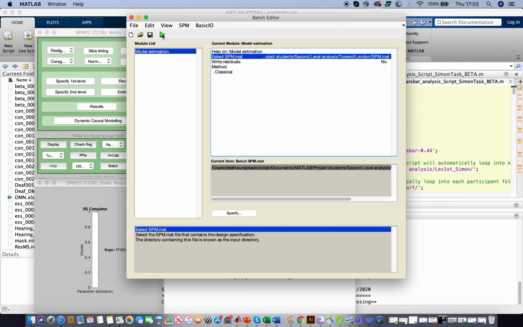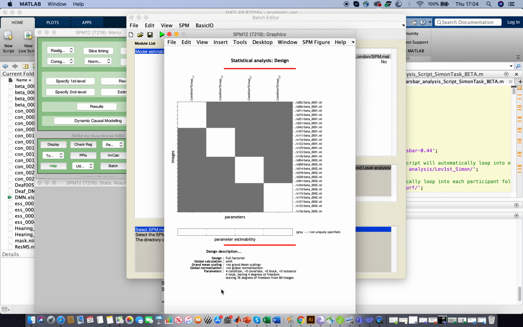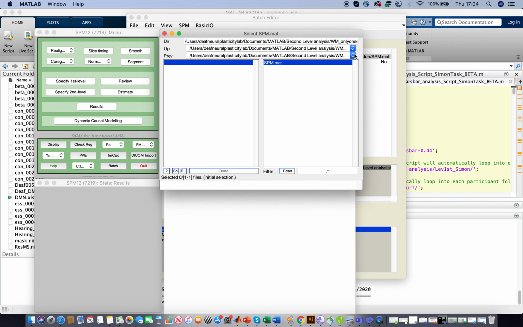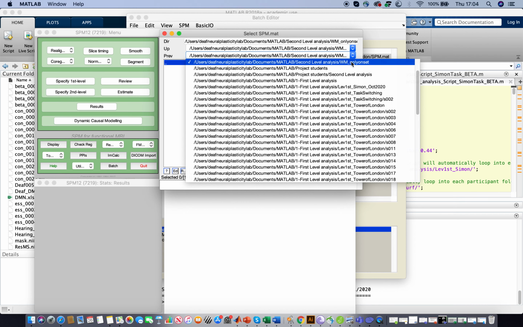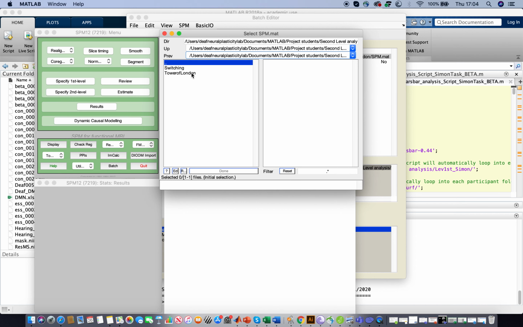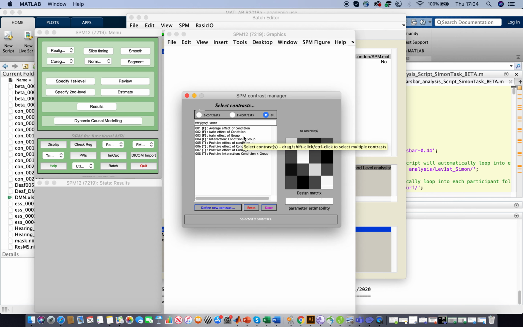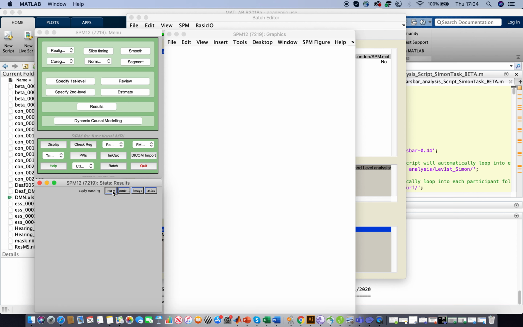So when you go to see the results, the model is running. It is done now, so I go on results and I am going to see how the results look. So I select SPM, and as you can see, here there is an ANOVA, and there are the results of this ANOVA. So if I, for example, go to main effect of condition and I press done,